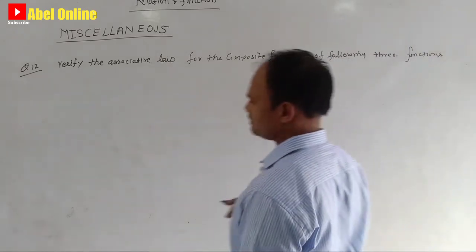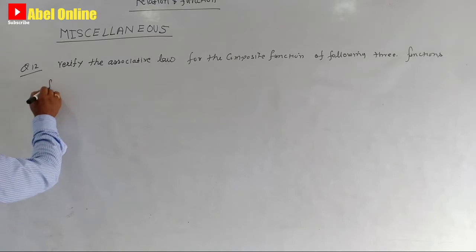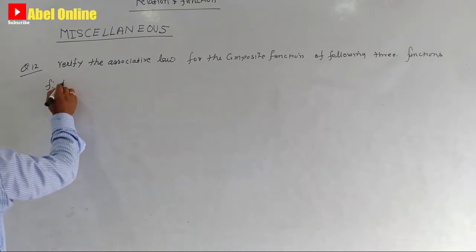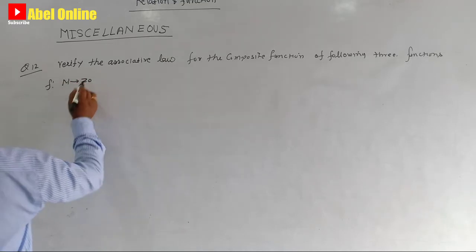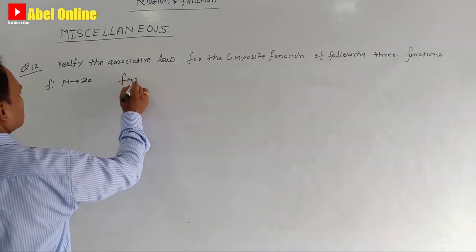What are the functions? The three functions are f: N to Z0, f(x) equal to x,